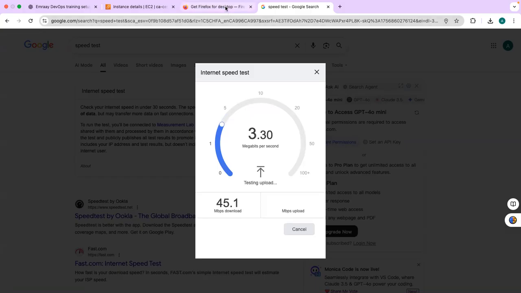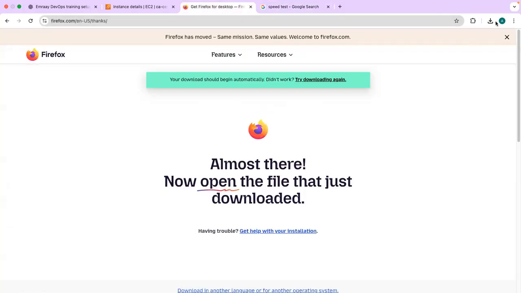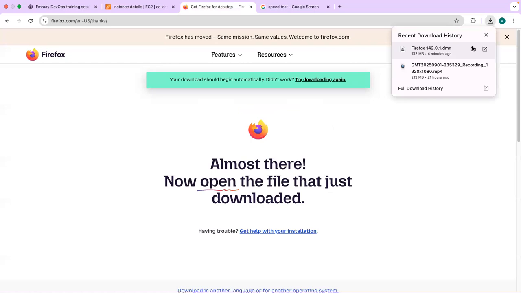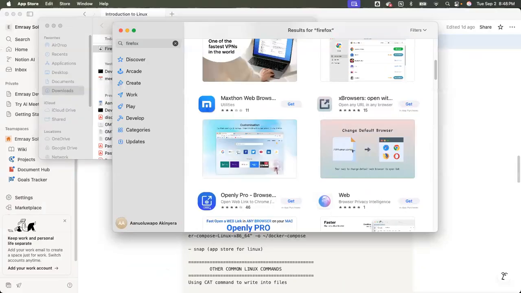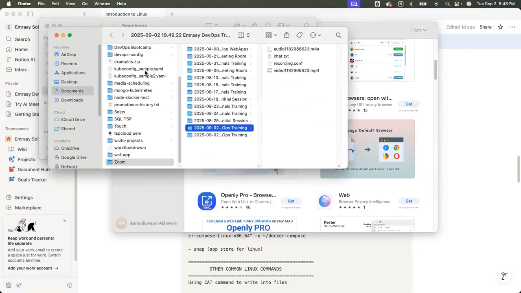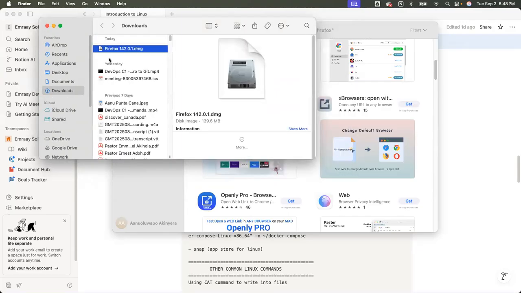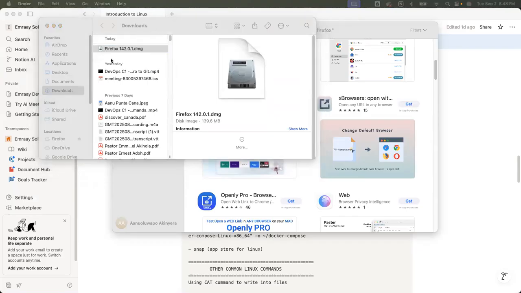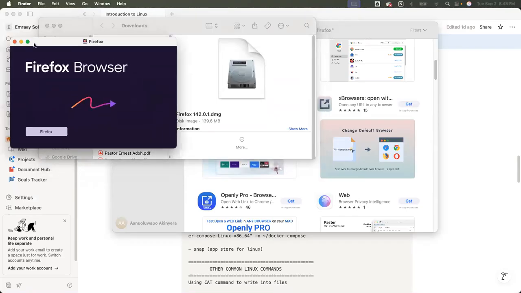Okay, so as you can see, we have now downloaded Firefox, right? To install Firefox, what do I do? I come here and how do I install Firefox? You double click on it, and follow the prompt, right?